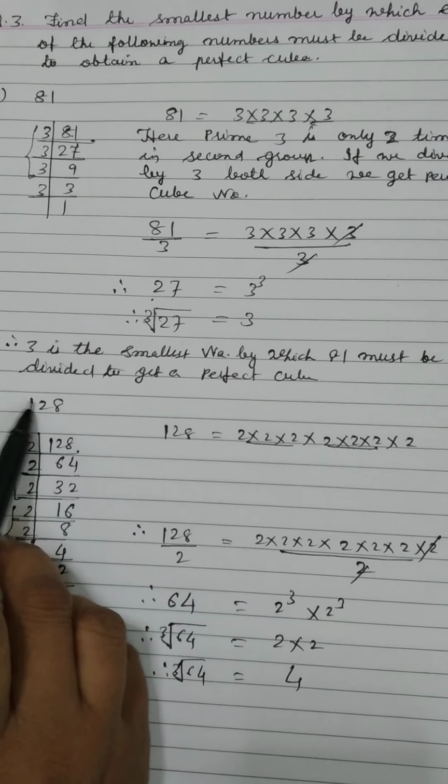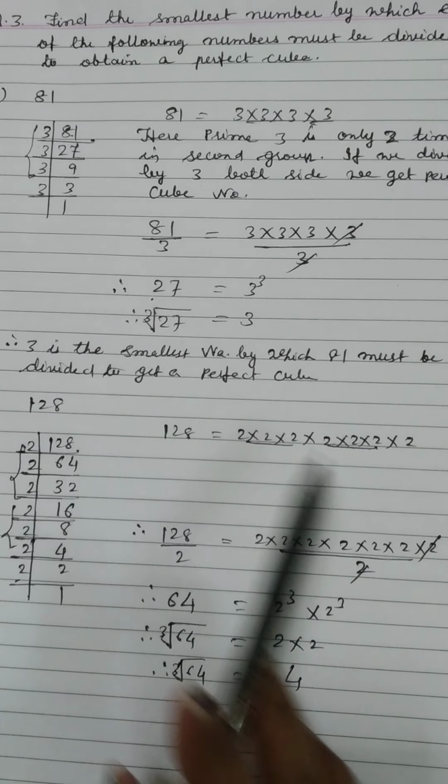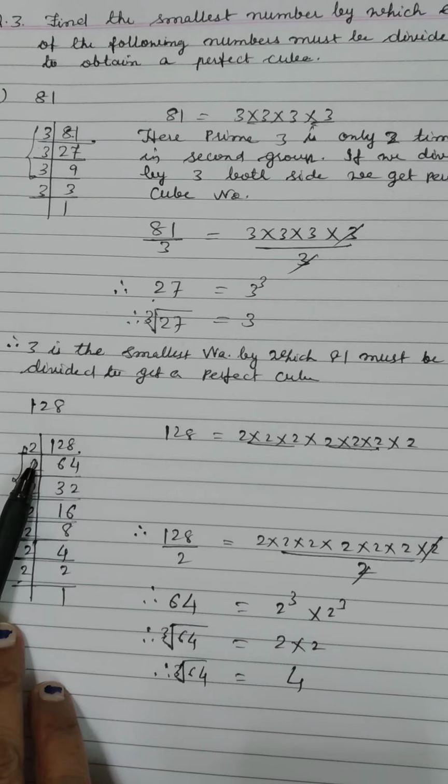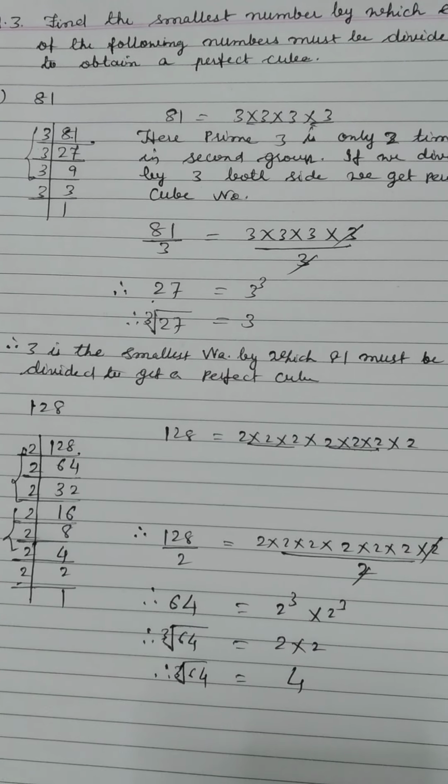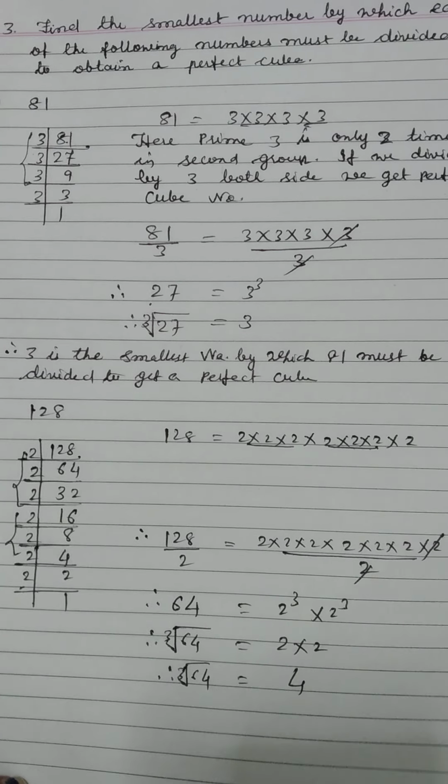So 2 is the smallest number by which 128 must be divided to get a perfect cube number. Now next